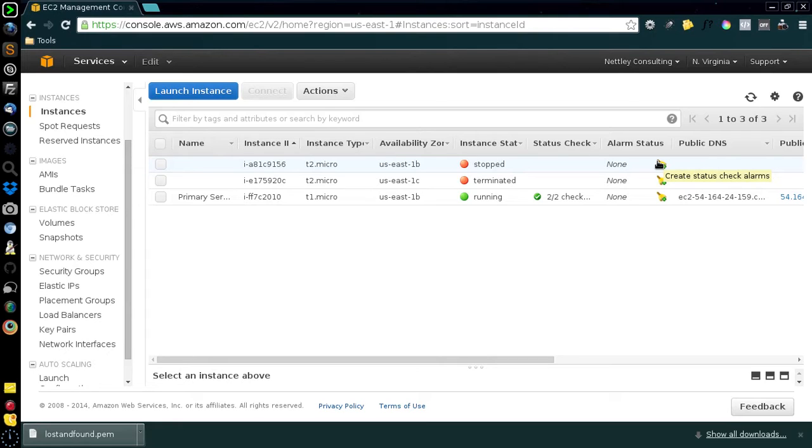I'm your host. I'm the lead developer for Nettley Consulting, and today we're going to talk about what happens when you lose your public key file. I'm sure some of you have already run into this situation, and if not, it's bound to happen at one point or another. You're going to be stuck in the spot where you need to log in via SSH to a server hosted on EC2, and you're not able to find the PEM file, or your client has not provided you with the PEM file. First thing we're going to do, we're going to log into the Amazon dashboard, as I've already done,